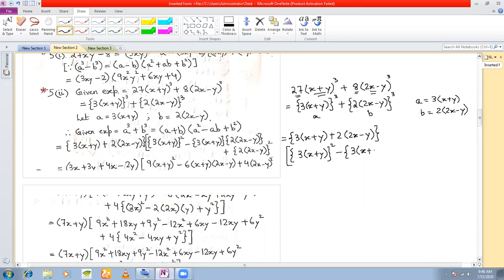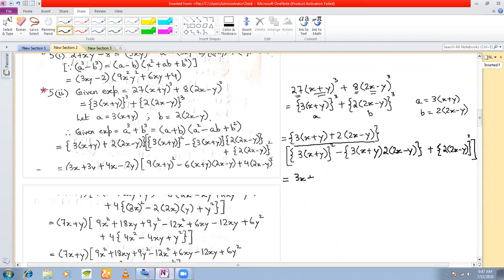Okay, so thrice of x plus y, because the formula is a plus b into a square minus ab plus b square, that's why the minus sign, into twice of 2x minus y plus twice of 2x minus y whole square. Okay, so we will now simplify first this expression,